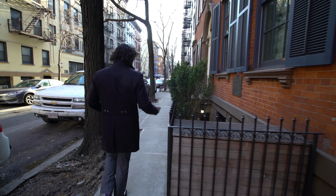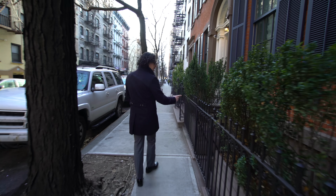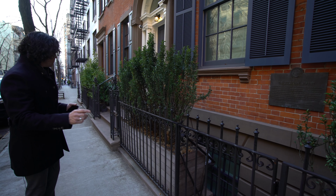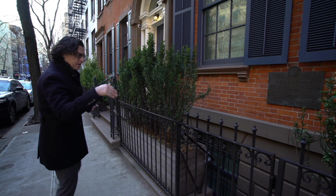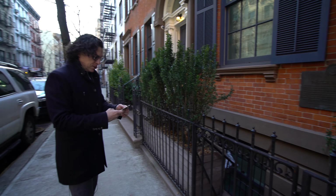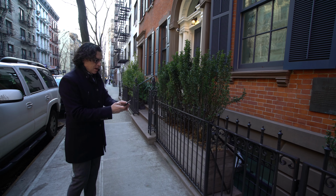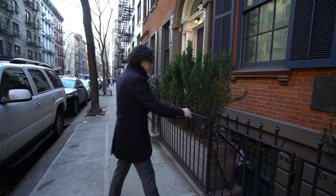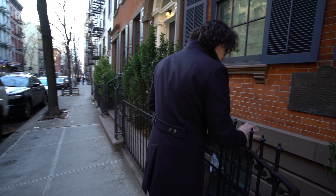So the first thing I want to show you, come with me, Charles, is this is the entrance here. It's a little bit difficult in writing to describe exactly where people go. I say that there's a gate and you go down, but the nice thing about this feature is it's going to allow me to actually take a photo and share it. So I'm going to go ahead and share it. You go down the stairs, and then the very next thing I want to share,